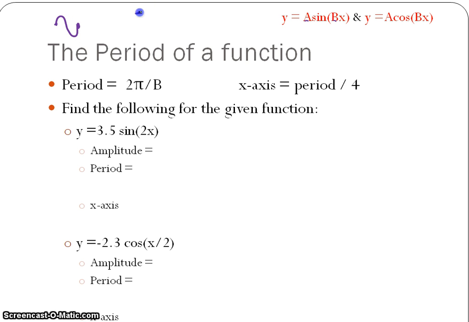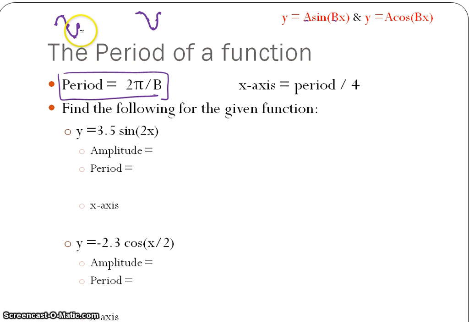And the standard cosine function that starts at its max and goes down to the midline, its min, and then back to its max, that has a period of 2 pi, which means these 5 dots, those key points, is a distance of 2 pi. Okay, so each graph is going to have our 5 key points, and the graph is going to start off with a period of 2 pi, but we're investigating the b, and when there is a b, it changes the period. So in fact, the period of a function is determined as 2 pi over b,